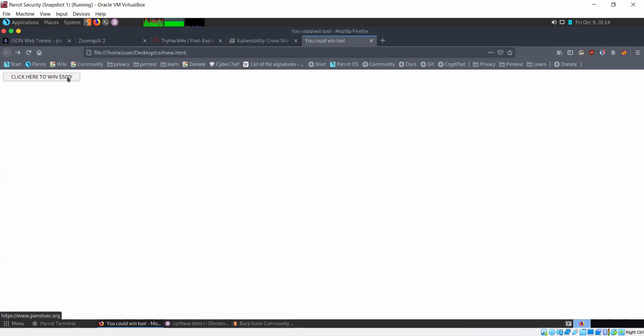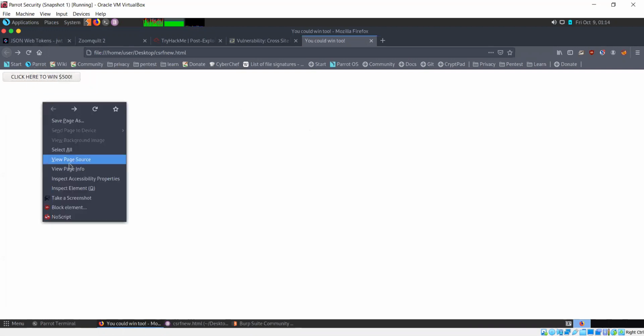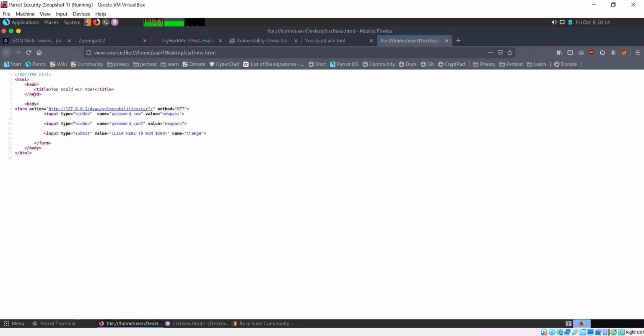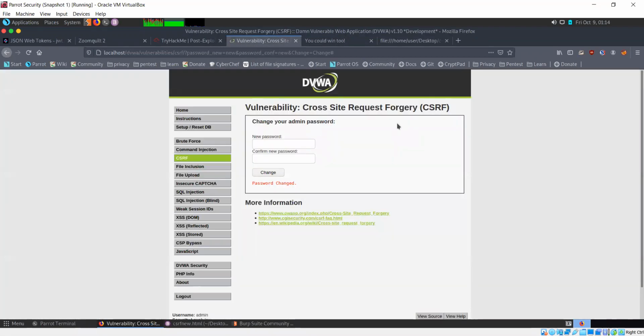But behind the scenes, if they look at the source code, the one that we modified, this form is actually submitting these two values to this URL. So when you submit it, your password is getting changed. We just have the admin account, but whatever user is logged in, their password will get changed.